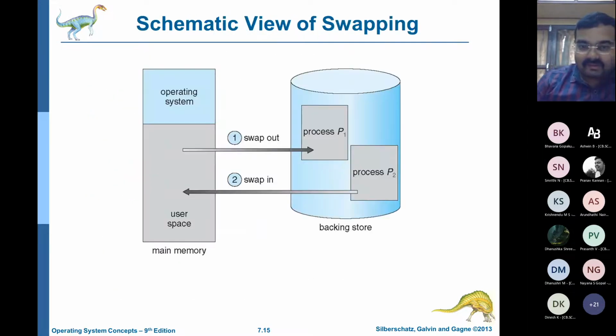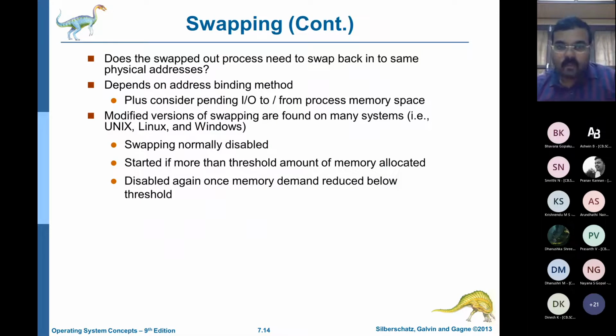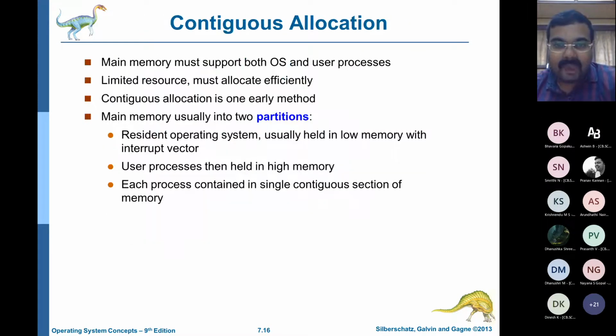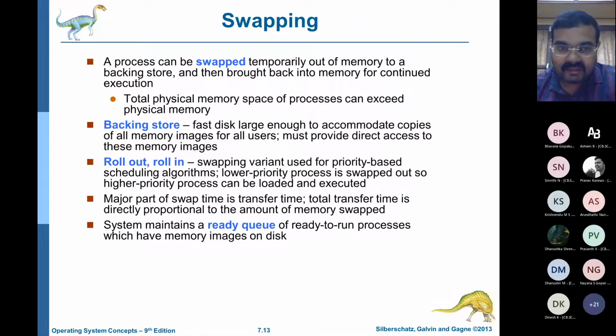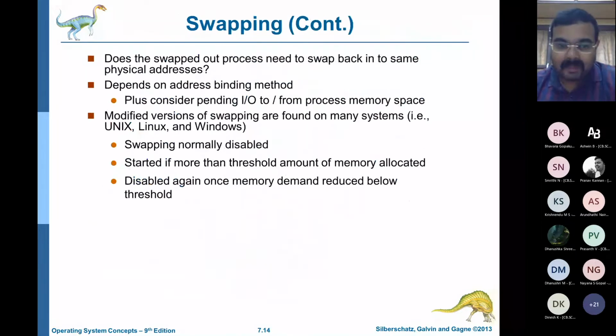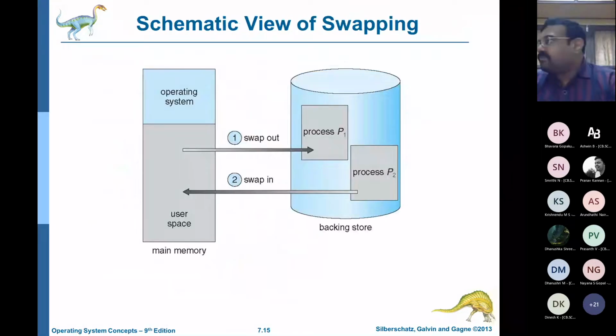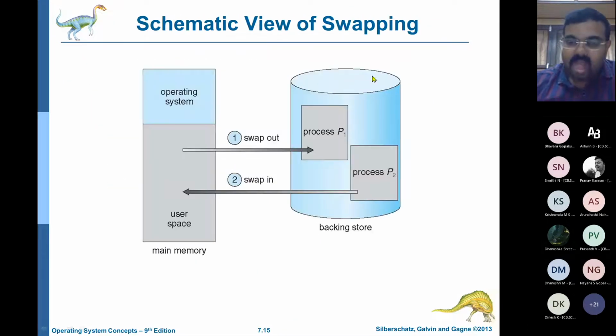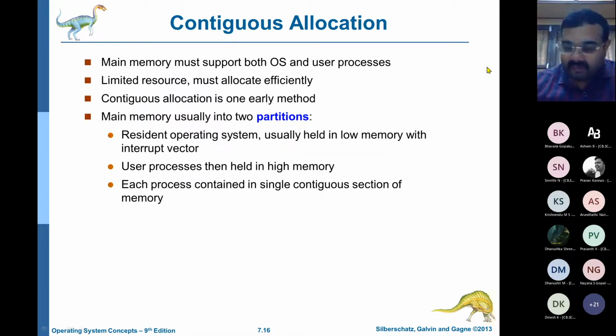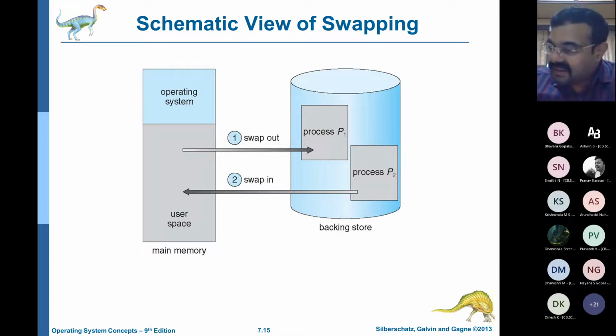Now, the last concept I want to tell you is a process called swapping that happens in the operating system. The process of swapping happens because I told you that main memory is very fast, right? Physical memory means your hard disk, your flash drive, and it is very slow. All these things are very, very slow. They take a lot of time, so to speak. So it is a very big problem when we have these kinds of issues.